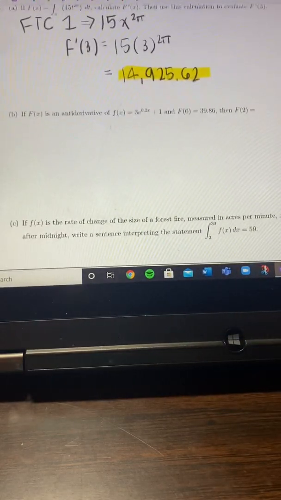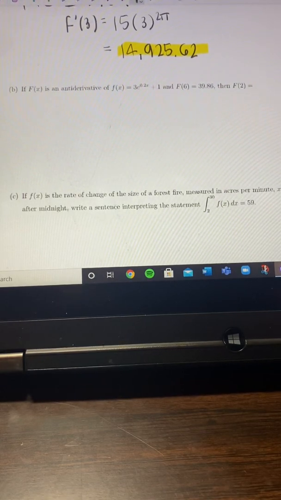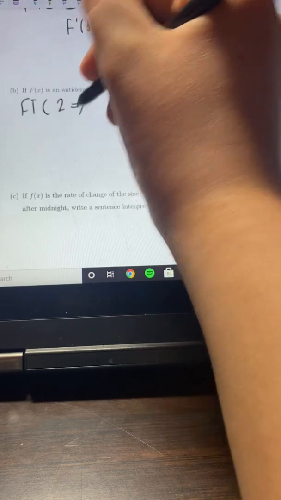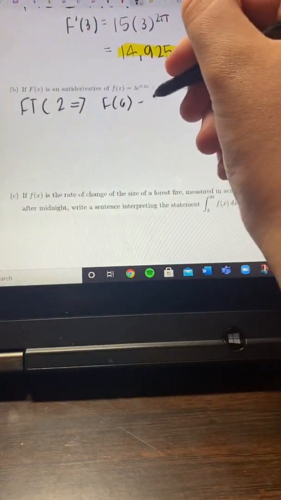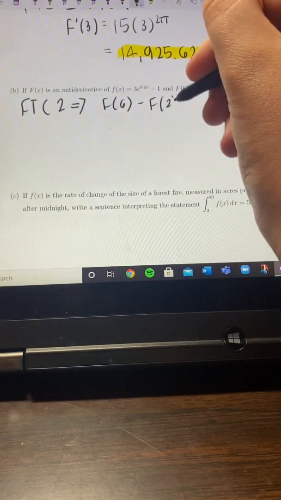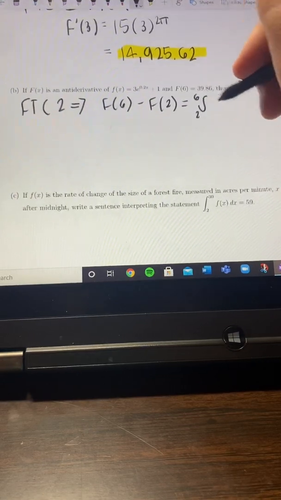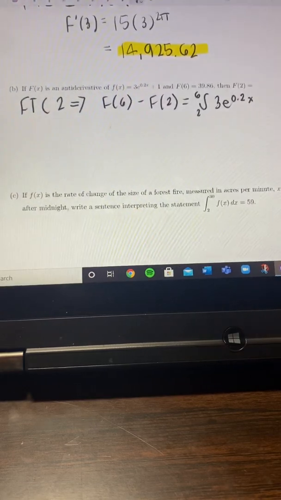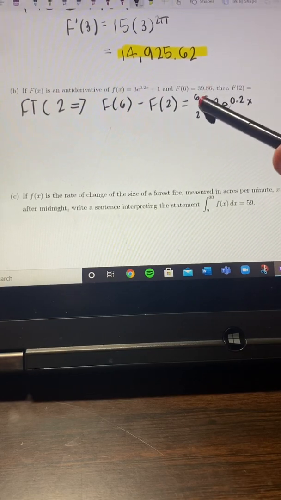Okay, and for part B, we're going to use the fundamental theorem of calculus part 2, and that allows us to do f of 6 minus f of 2 and make that equal to this equation. And then you're going to want to plug in the 39.86